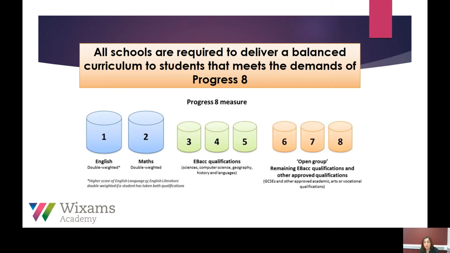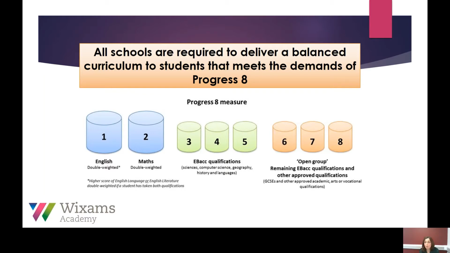You then have the suggestion that you should take 3 EBacc qualifications. So that is sciences, computer science, geography, history, and a language. So you take a choice of 3 of those. And that's what the government is suggesting they'd like you to do to ensure that you have that broad curriculum. And then the last group in this Progress 8 is the open group, which is all the other subjects